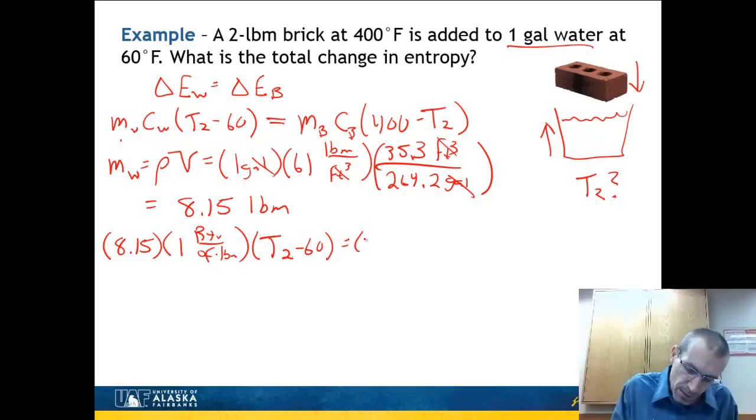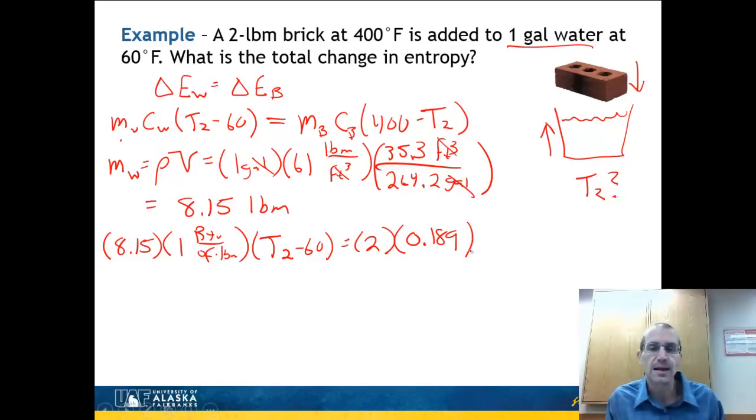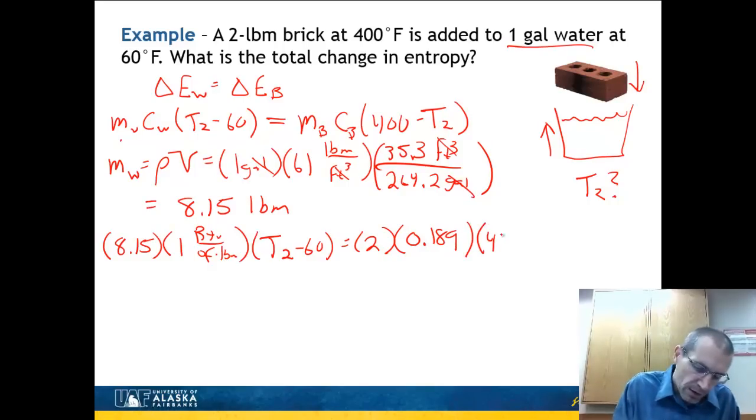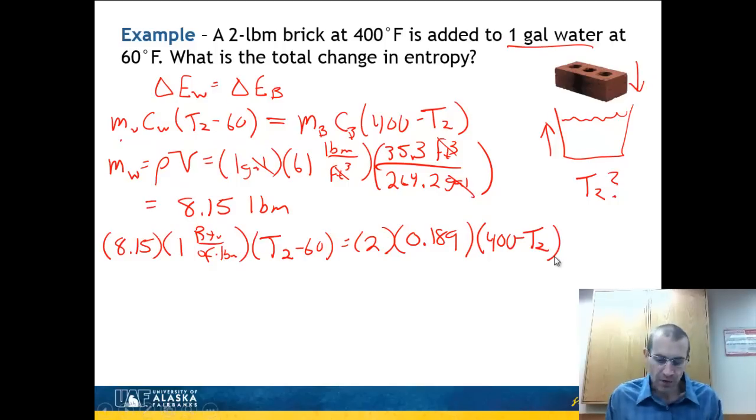And then the mass of the brick, the problem gives that at 2 pounds. C of the brick in English units is about 0.189. That's out of table A3. And now I've got 400 minus T2. And I'm going to go ahead and solve this equation here for T2. And I find out that T2 is equal to